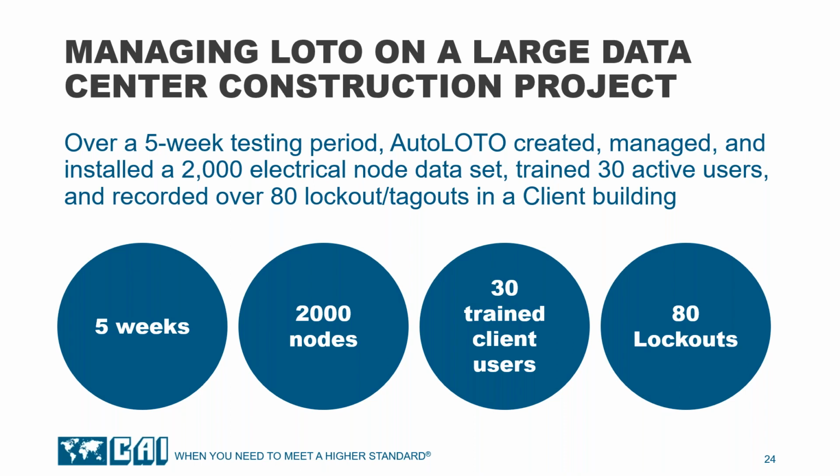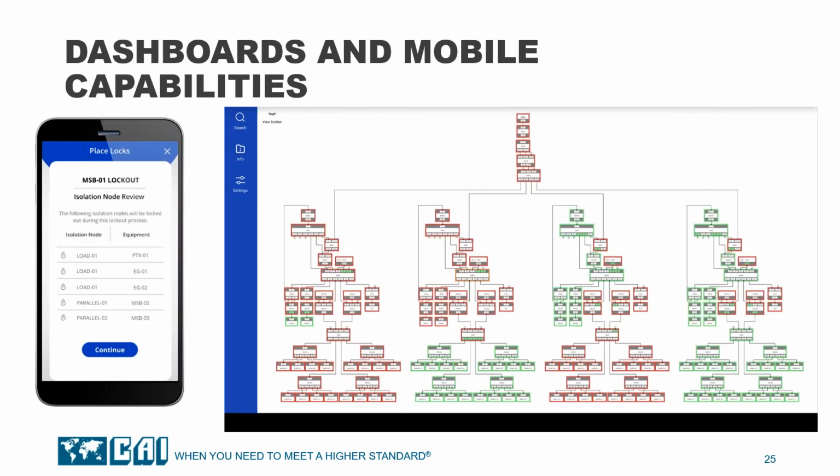So I want to show where some of these pieces come in, especially around visibility, that I thought were really interesting. On the left-hand side, you see a phone screenshot. This is main switchboard 1. In order to lock out, these are the isolation nodes that you need to take a look at. It gives you the 5, right? They've gone in, they've built out the entire data center within this. And when I need to lock out this particular system and make it safe, without going through 50 to 100 electrical one-line drawings to figure out where this node gets locked out, it's actually baked right into the software.